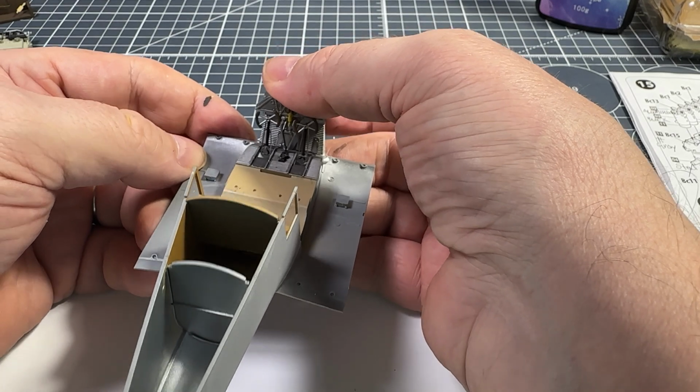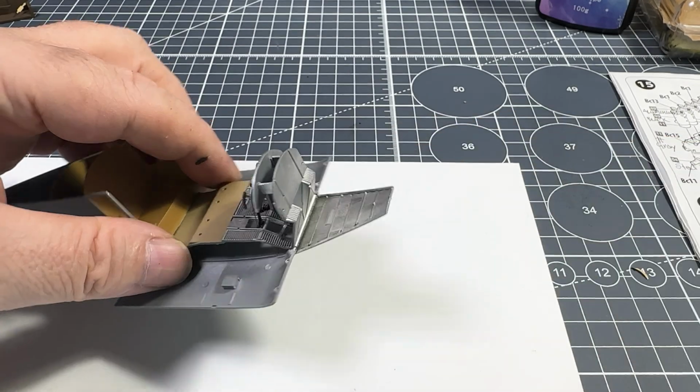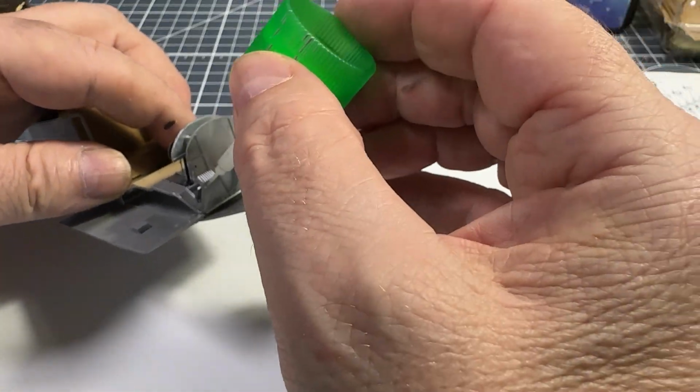For the next part, as we continue to bring the Junkers F13 to life. In the meantime, and in between time,